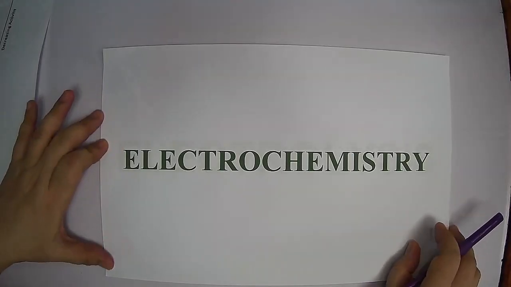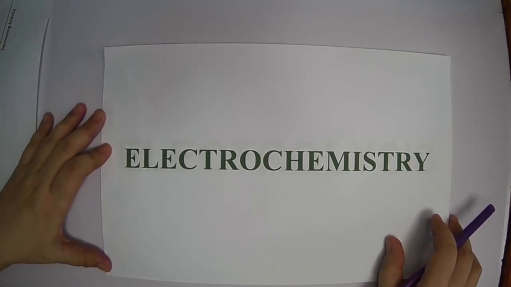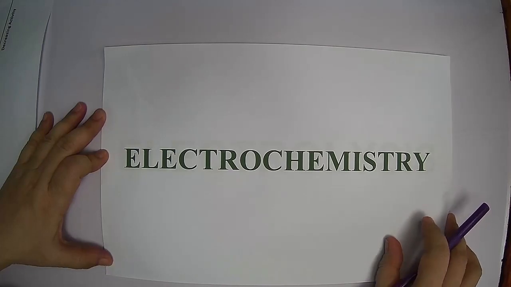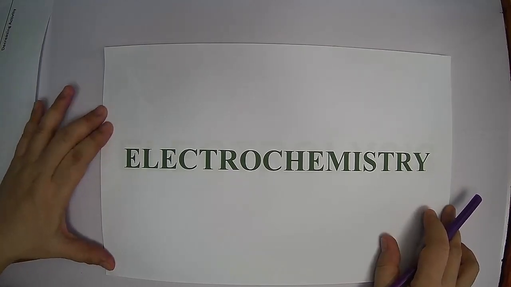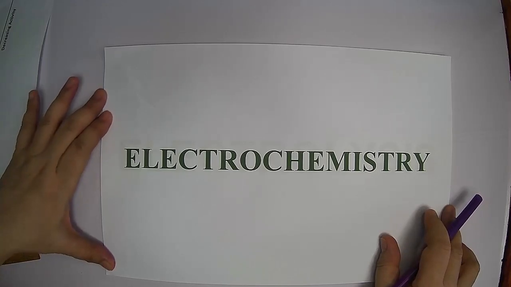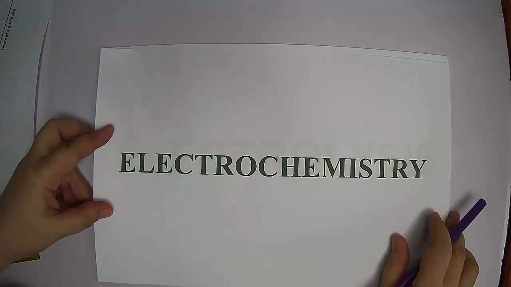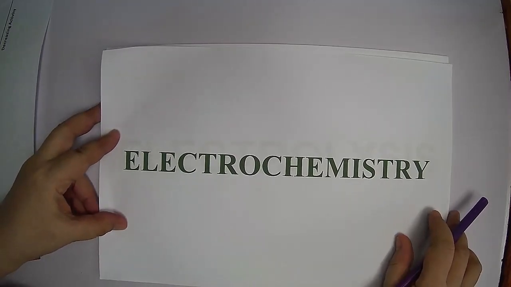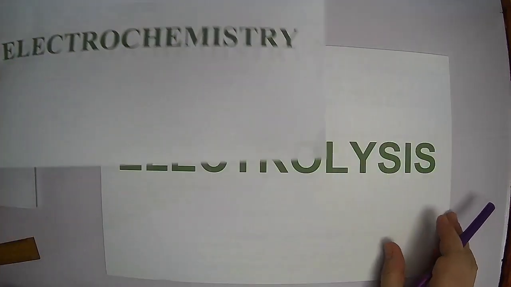Hi, welcome back to our topic electrochemistry. Last time, we discussed the first branch of electrochemistry, which is the voltaic cell. We were able to compute the potential involved at the standard condition and in the non-standard condition. This time, we'll talk about the other branch of electrochemistry where the chemical reaction is produced by electricity, which is